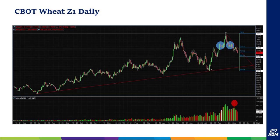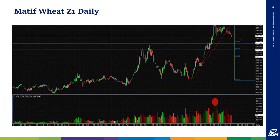Moving on from Chicago and swiftly into a slightly closer to home Matif contract. Again, we're looking at the daily, and this is the Dec 21 contract. So as you can see, we've got a nice recent uptrend. Both of them have been broken by a short medium-term downtrend from the contract high of 257.5 euros. The 240 support is giving a bit of a wedge pattern, as you can see currently, and a break below that